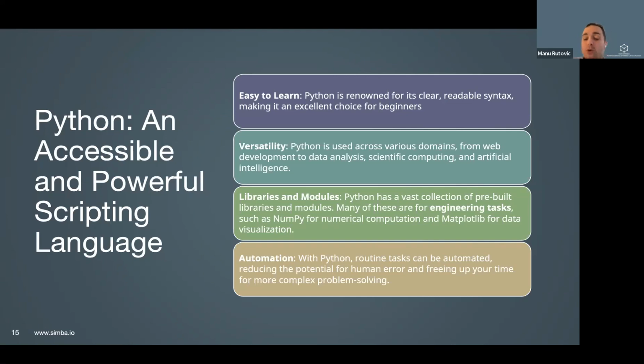Python is well known to have a super vast collection of libraries and modules that you can download for free. And a lot of them are very good for engineering tasks. There is NumPy for numerical computation, Matplotlib for data visualization. There is SciPy for optimization and scientific calculations. There is one called Control, just for control design and system control studies. And finally,